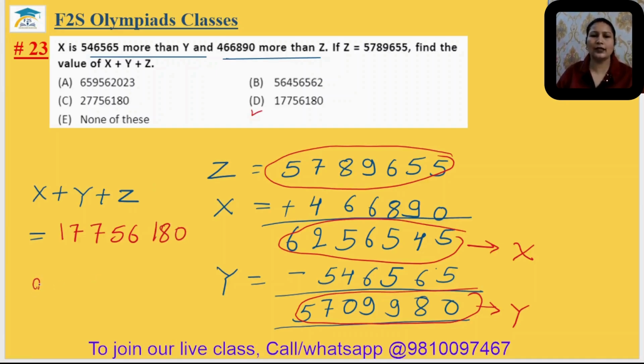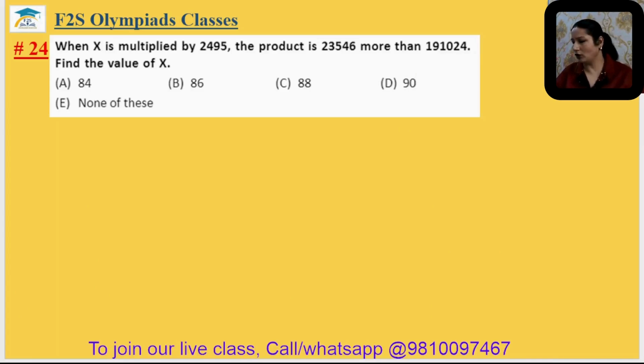The 23rd answer is option D. Okay. Now question number 25. When x is multiplied by this, the product is this more than this. So first we have to find the product. So product equal to